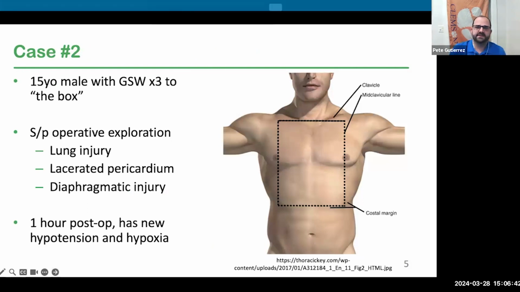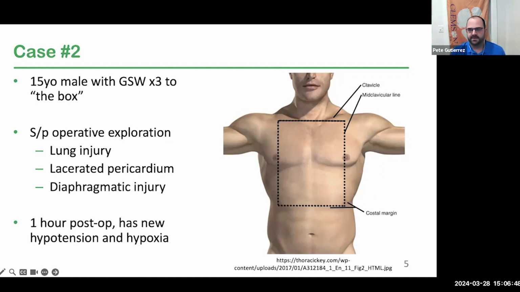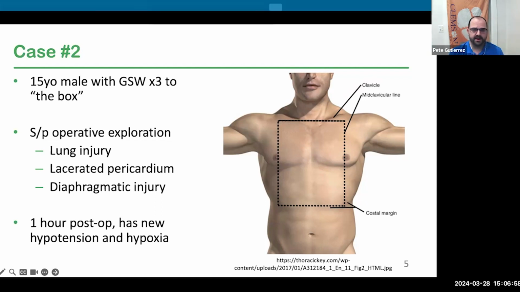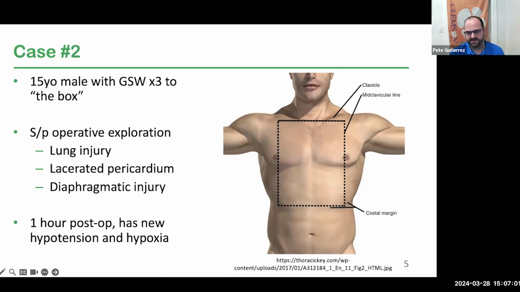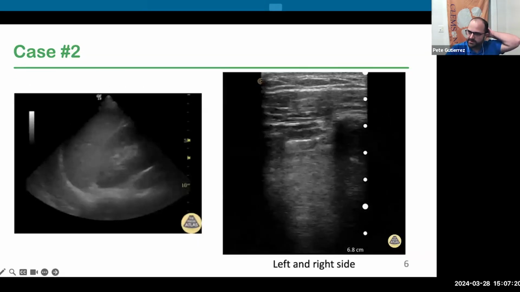For a second patient, this is a 15-year-old male who had 3 gunshot wounds to the box. So for the uninitiated, the box is basically anywhere where you can have a penetrating injury that could hit the thoracic cavity, the pericardial cavity, and or the abdominal cavity. So this patient was taken to the OR with surgery for operative exploration, and they found a lung injury, a lacerated pericardium, and a diaphragmatic injury. 1 hour post-op in the PICU, there's new hypotension and new hypoxia. So you grab your ultrasound,